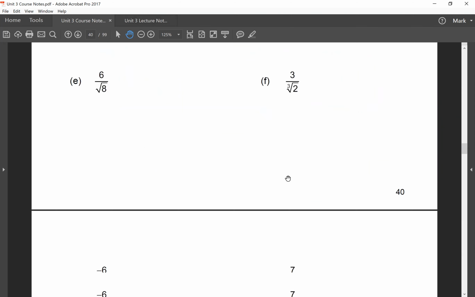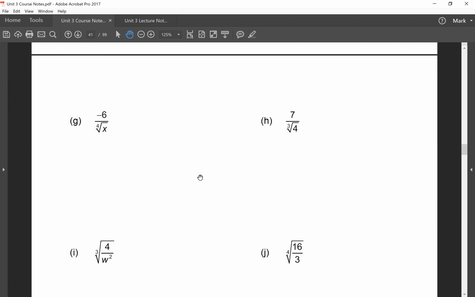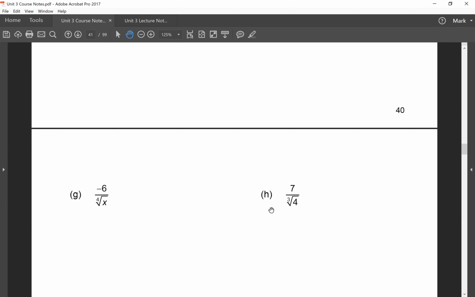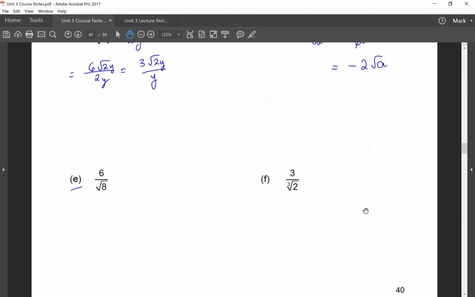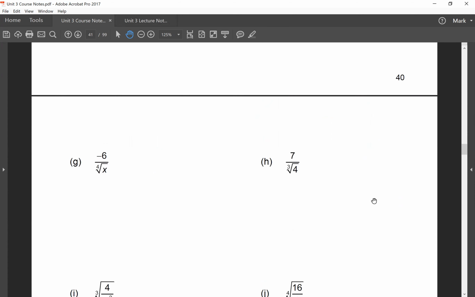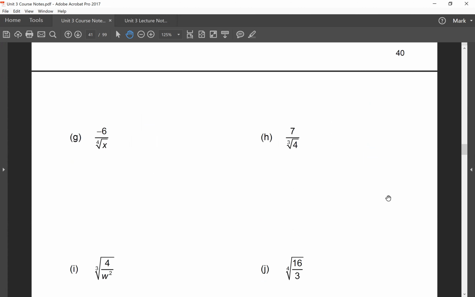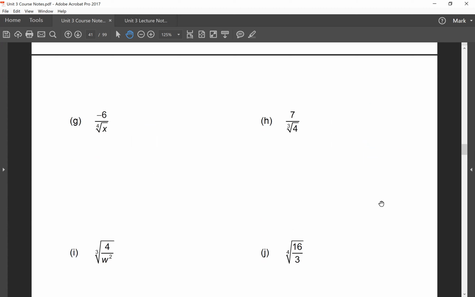Okay, so let's look at some harder ones. Now, most of the time, well, I shouldn't say most of the time, on tests and assignments, it's mostly going to look like D or E or something where it's just a square root. But if you did have something like a cube root or a quarter root, you need to get rid of them somehow. So these examples like G and H aren't maybe the best examples for, say, your test tomorrow, but